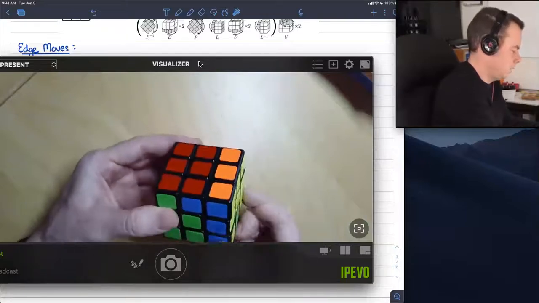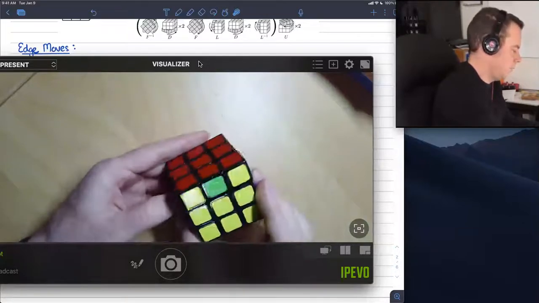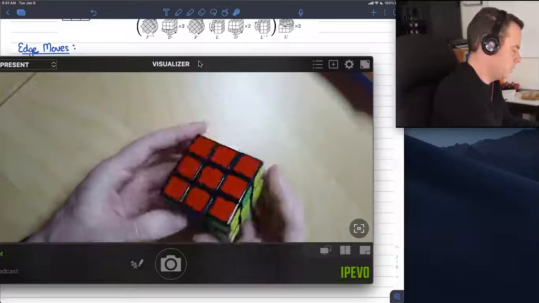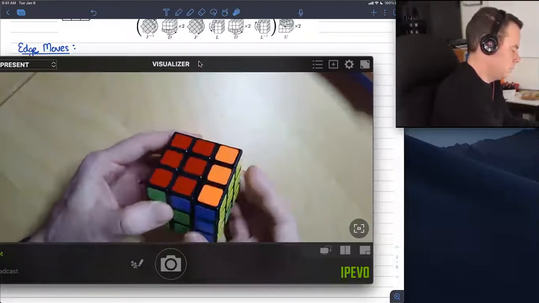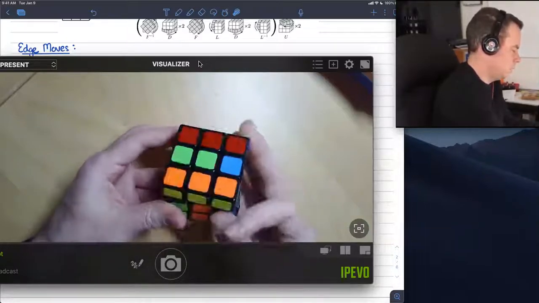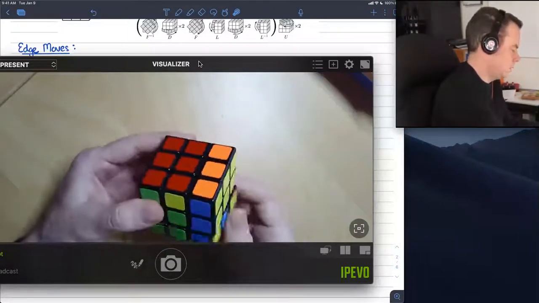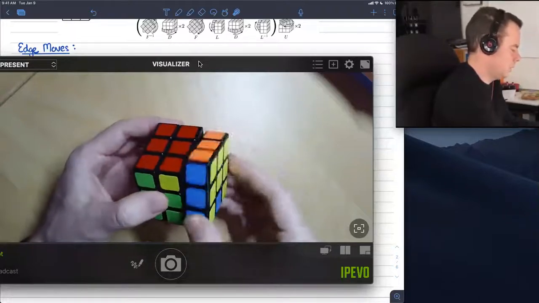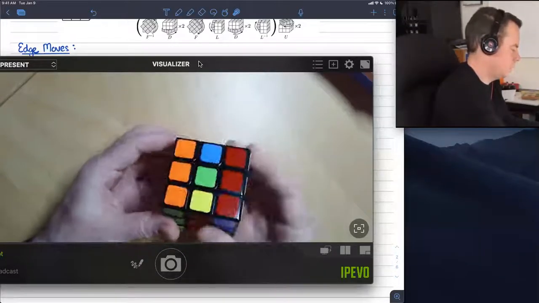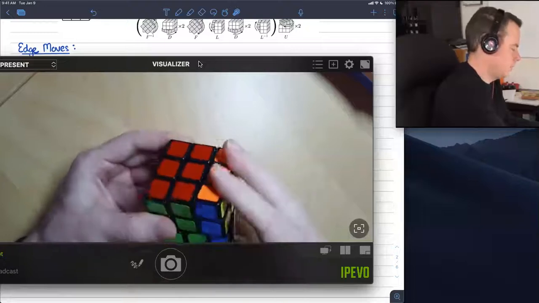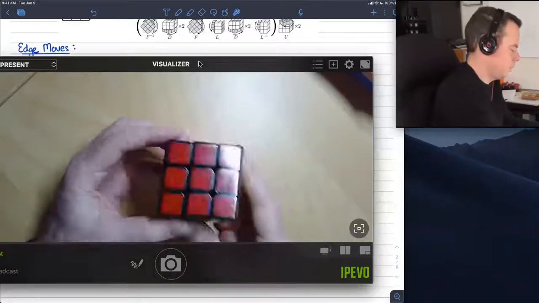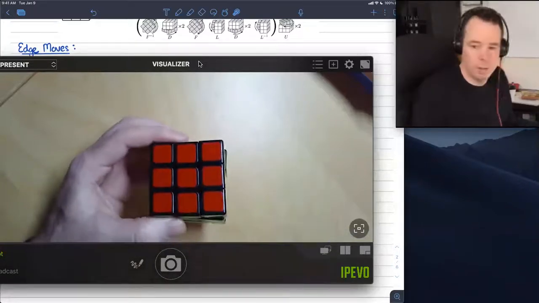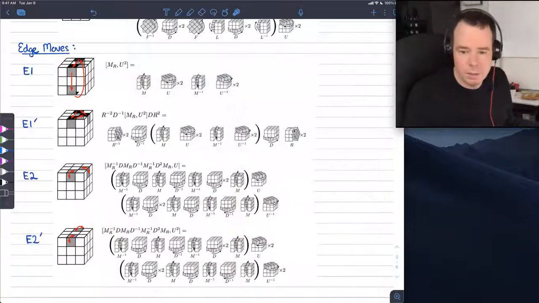And then undo that setup move. And now I've got a way to cycle 3 along the belt. Again, I'll do it again. It cycled them 1 more time, and last time, cycle them 1 more time. And we've got a way now to cycle 3 on the same layer. And so that is that